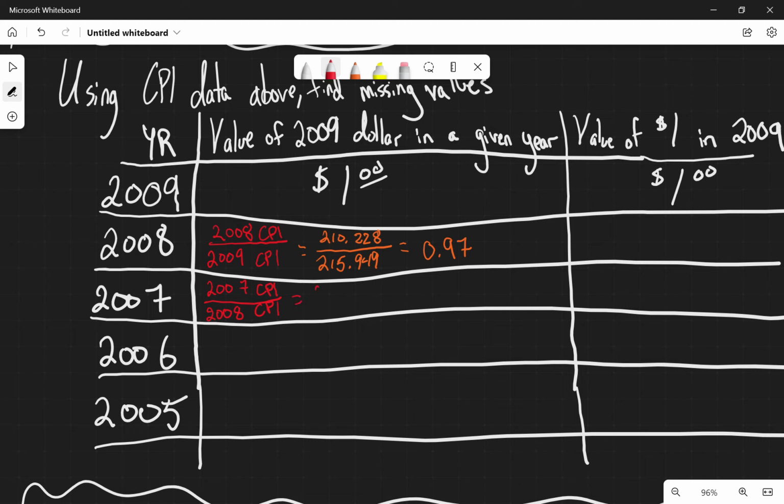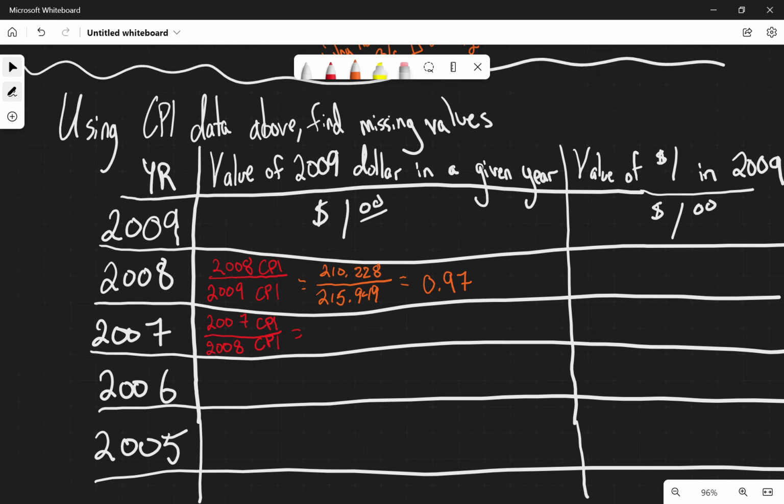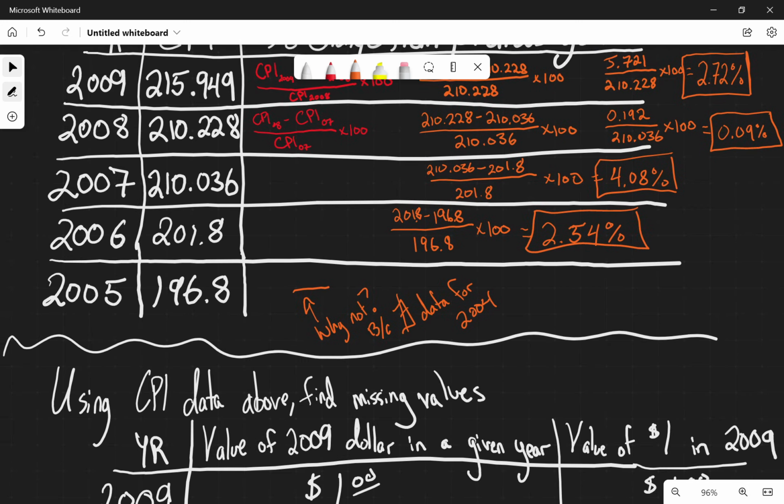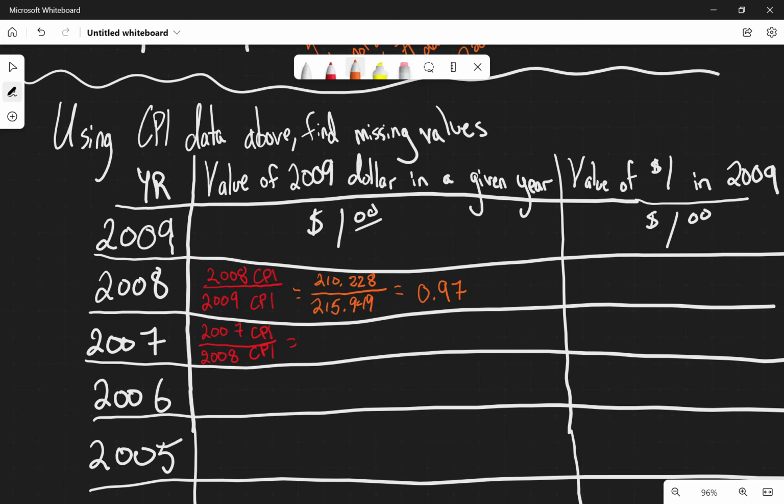And so these CPIs were very similar, right? It was like 210 point something, and then 210.228 and 210.036. So this is going to be really close to